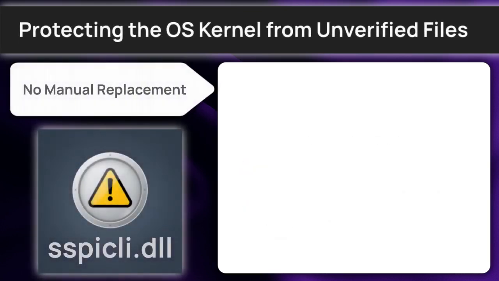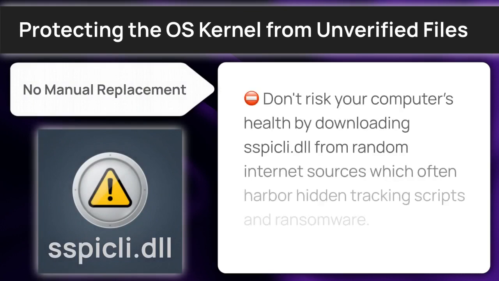To avoid future system conflicts, there is one specific security trap we should discuss. Always prioritize system safety by avoiding manual swaps of SSPI client DLL. Downloading individual DLLs from third-party sites is a common way for hackers to inject spyware and ransomware directly into your